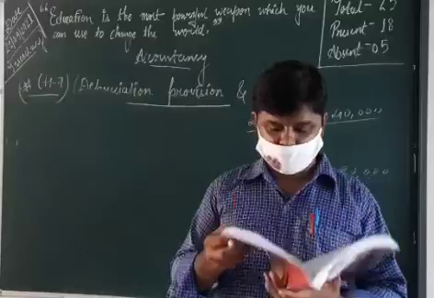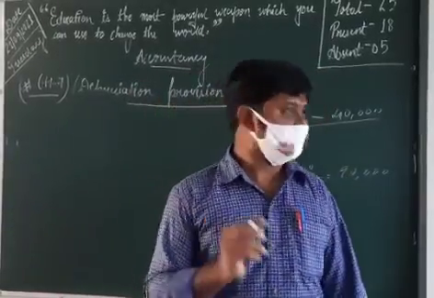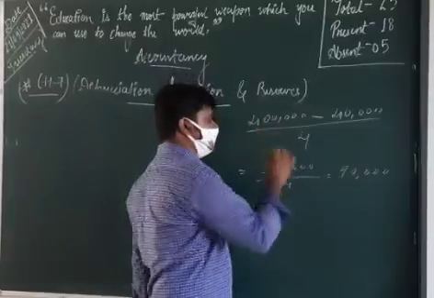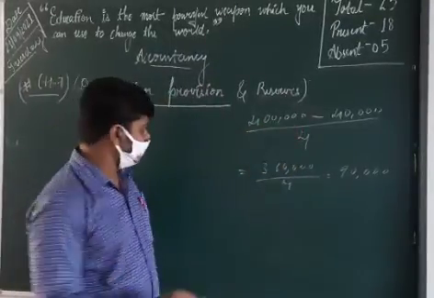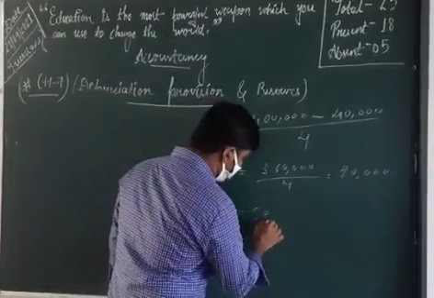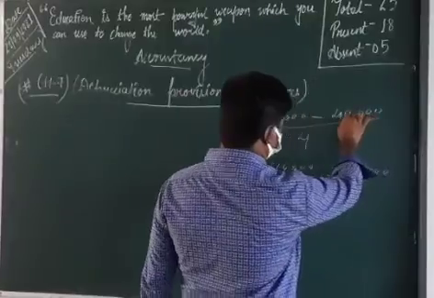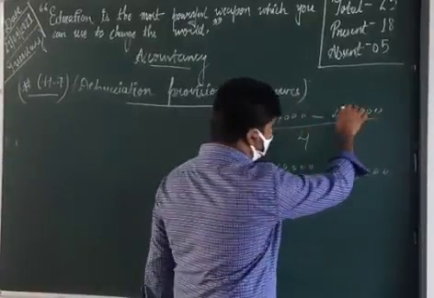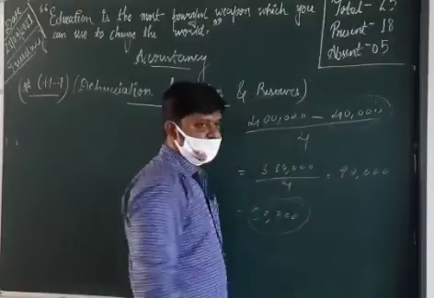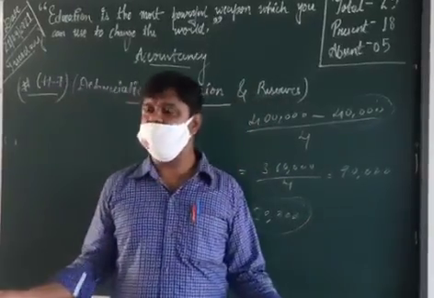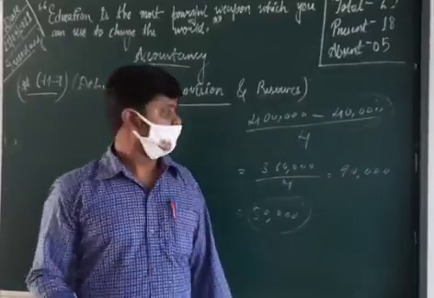Also it says that after 4 years, this particular asset which we purchased for 4 lakh rupees is now being sold for 50,000. Our estimated residual or scrap value is 40,000, but we sold it for 50,000. Easily you can identify that 10,000 is the profit. Clear now? Very simple.